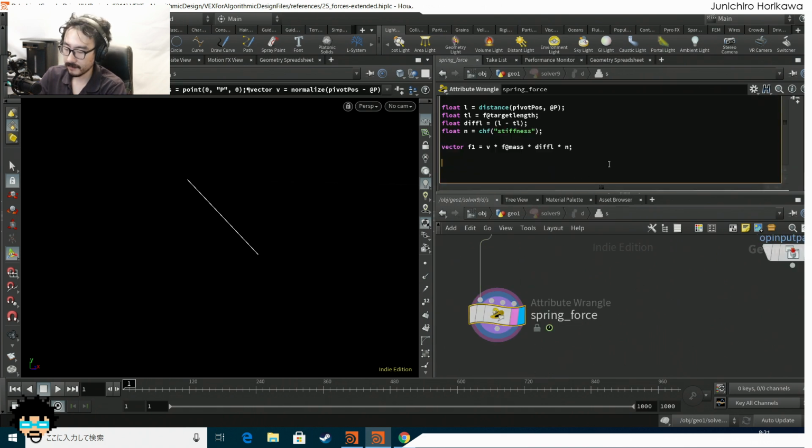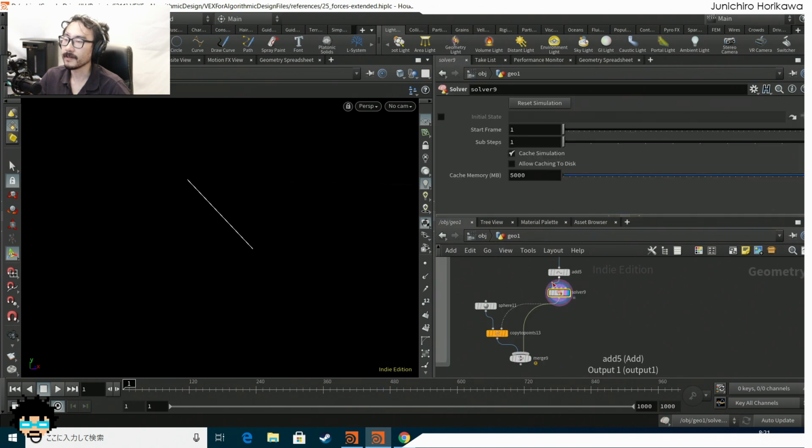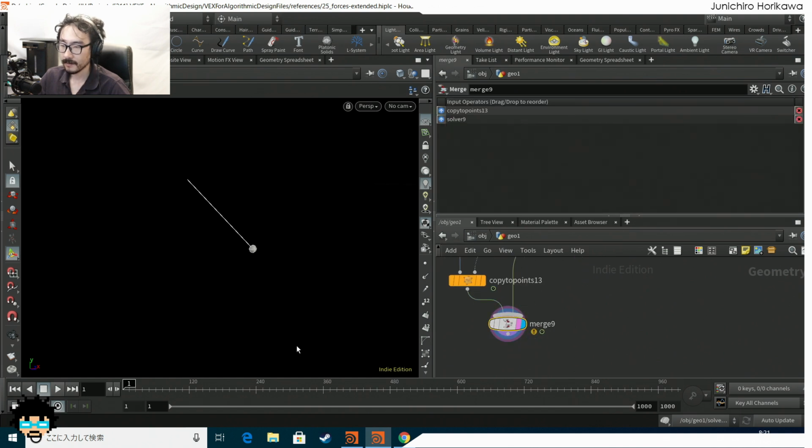Now let's update the velocity using this force value, and update the point position using this updated velocity. I don't have any gravity force yet, but let's see what happens with just these forces. If I play it,